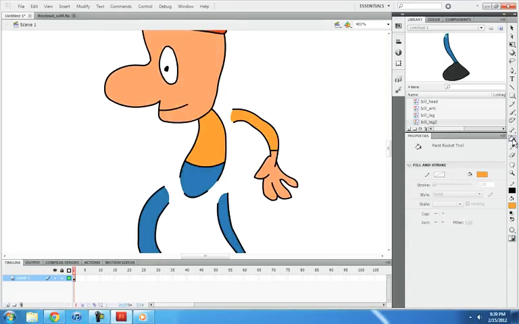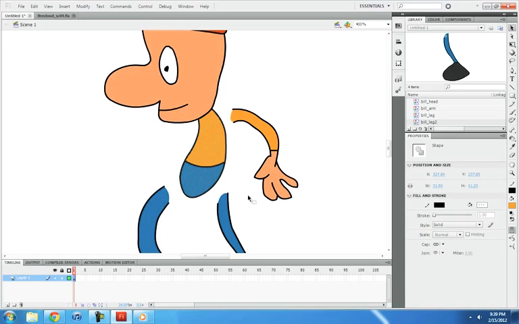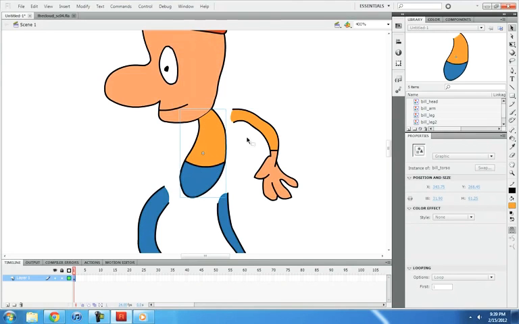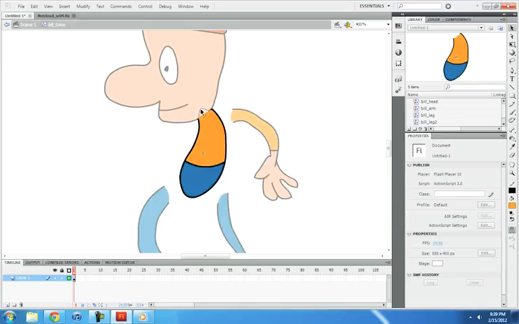I'm going to take the ink bottle tool to fill in this line right here and this line. So now I have my torso, and I'm going to turn that into Bill underscore torso. Alright, that looks good. If I double click it, then I can move this up a little bit because I want to give it some